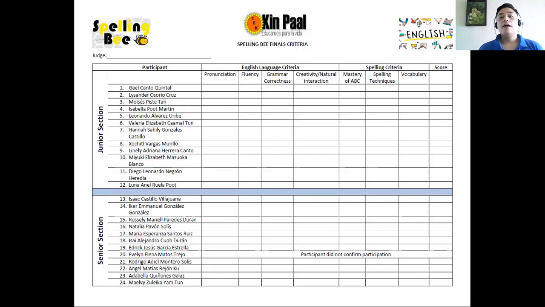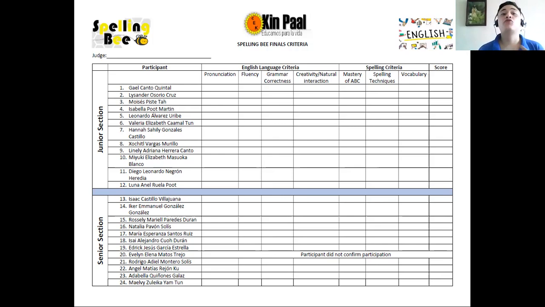of the contest. And we have a final section, which is a score. Score is a delicate issue because we have to assign a number, or a specific amount of points. How will we be getting these? We have pronunciation, fluency, grammar correctness, natural interaction, mastery of ABC, spelling techniques, and vocabulary. As you can see, we have the list with the names of participants and a space, this is part of the grid, where we can write a number,